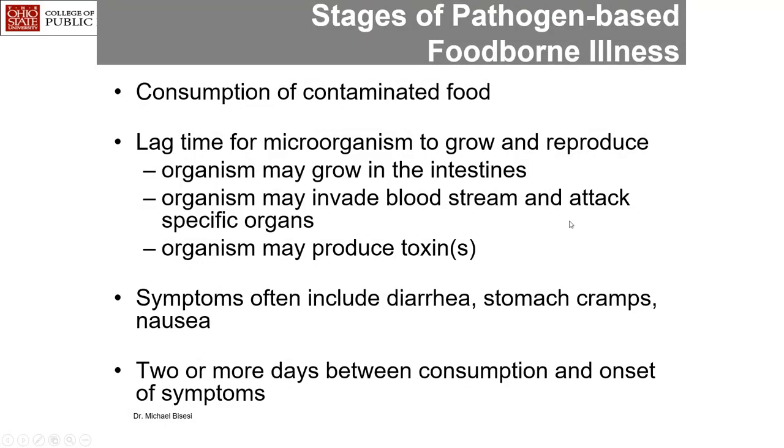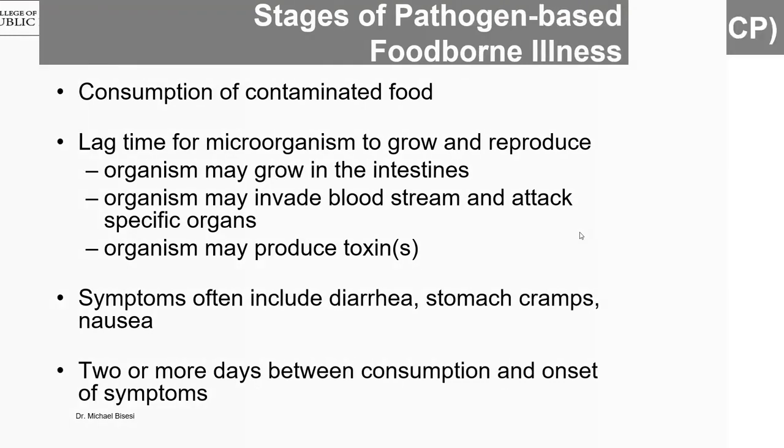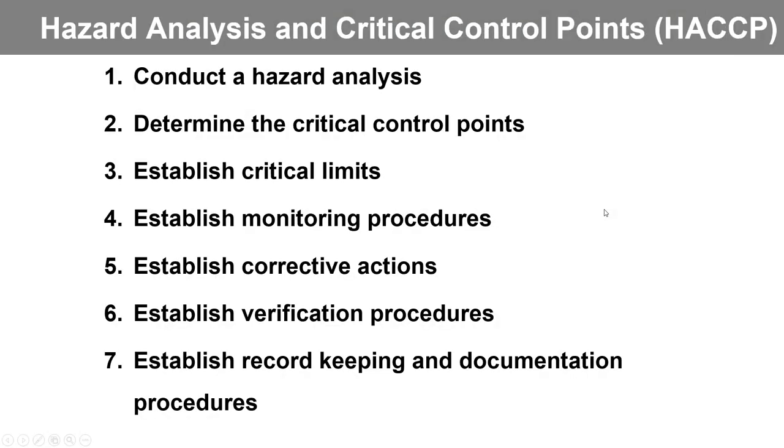And here are the stages of foodborne illness. This holds true for waterborne consumption too, including beverages: there's often a lag time before either upper or lower gastrointestinal distress, or both. So there's a process. You certainly don't need to memorize these seven, but you should be familiar with the hazard analysis and critical control points approach, HACCP, which is a way to prevent it.